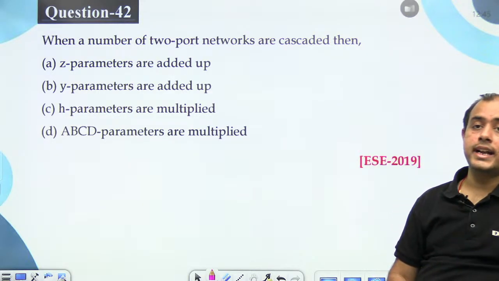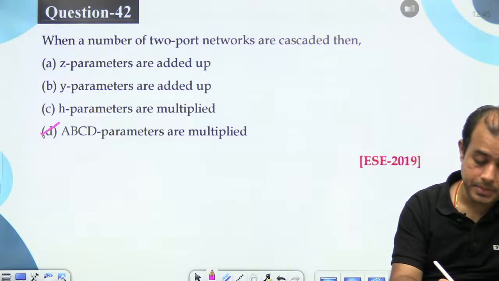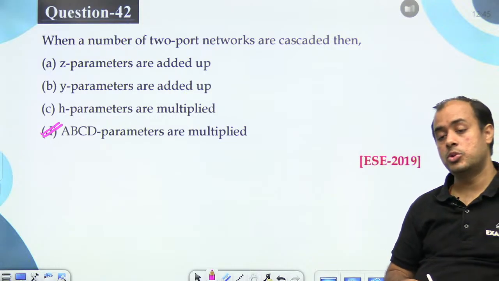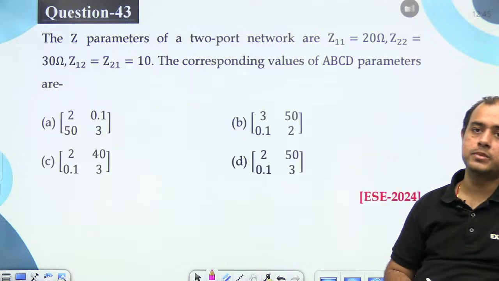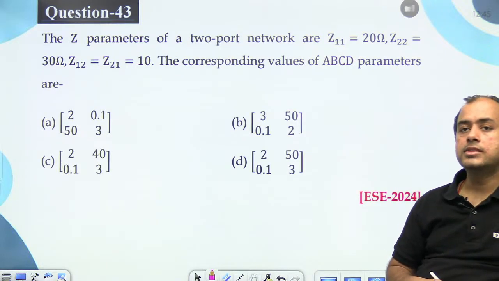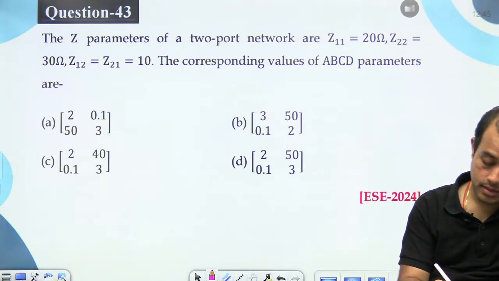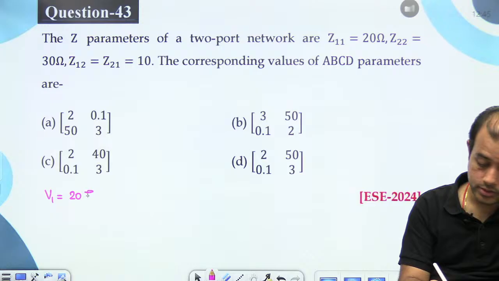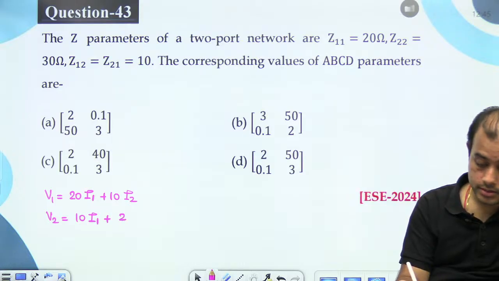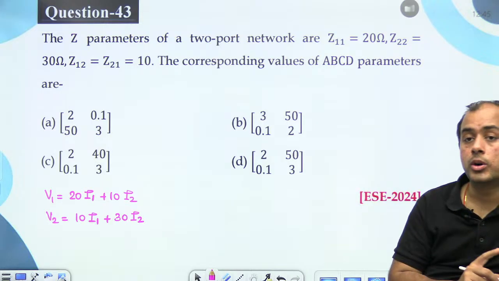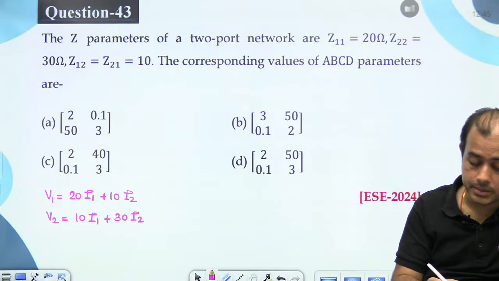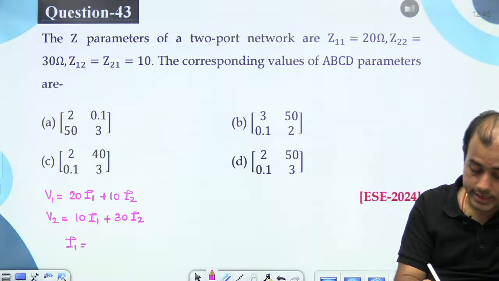When a number of two-port networks are cascaded, ABCD parameters are multiplied. Due to cascading, ABCD parameters will always be multiplied. Now Z parameters are given. I need ABCD parameters. So V1 is 20 I1 plus 10 I2. Based on Z parameters, I am writing V2 is 10 I1 plus 30 I2. Now, in two port ABCD, I need V1 I1 in terms of V2 I2. So from the second,